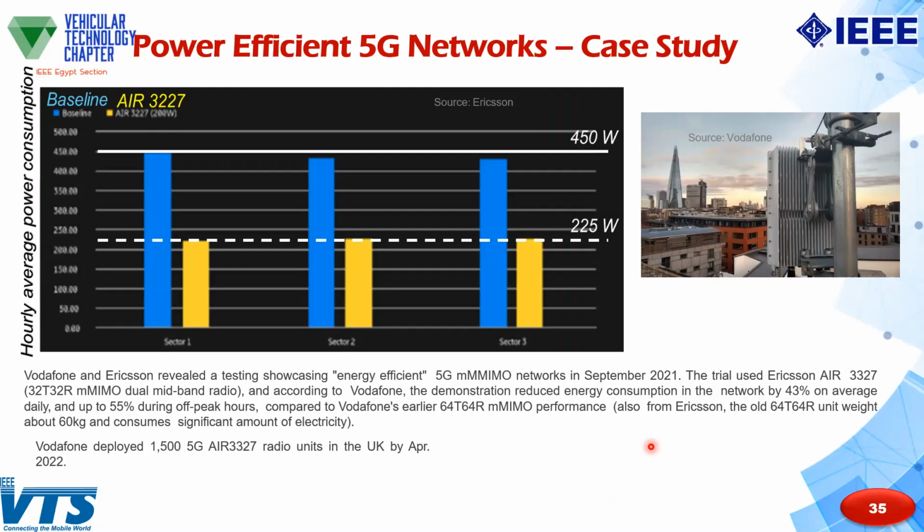They compared the required power of the regular system, which was 450 watts, and about 50% of it has been reduced to get the new model. But the problem in this case of massive MIMO systems, as in the right picture, is